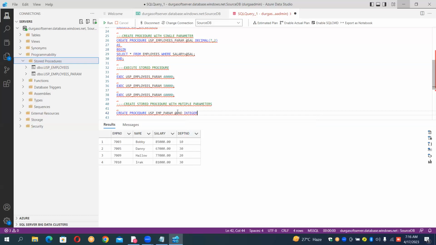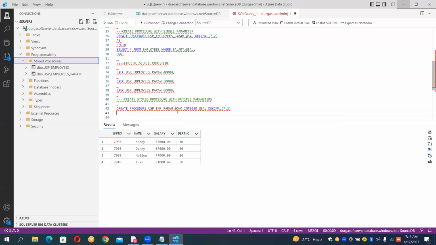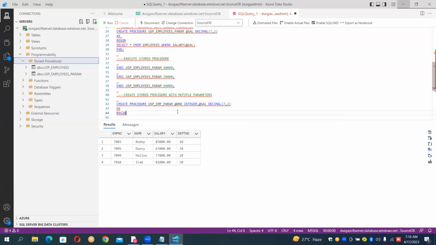Integer and comma. Use @rate. Again, I want @sal, decimal, decimal, and use it at 7 comma 2 some value. Okay, that's it. AS BEGIN. So use the business logic here, AS BEGIN,